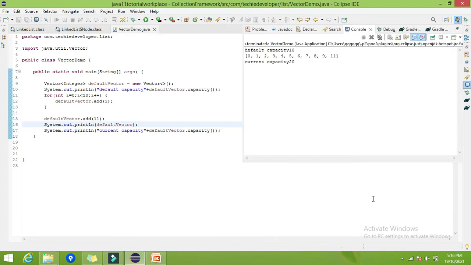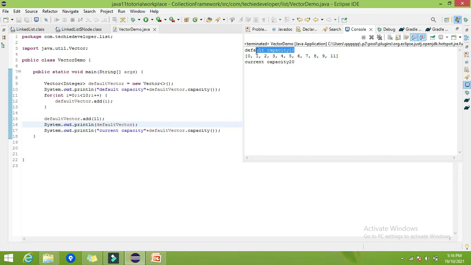Java application. So here you can find the 11th element is added in the vector. But what is this? The initial capacity was 10, but the current capacity is 20. What is happening here? The capacity is doubled.